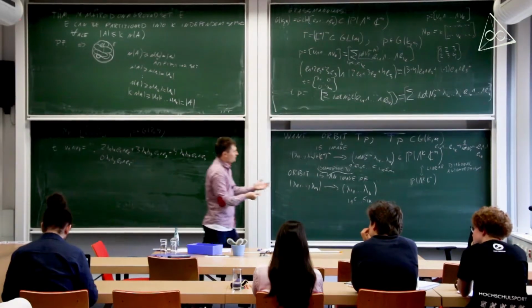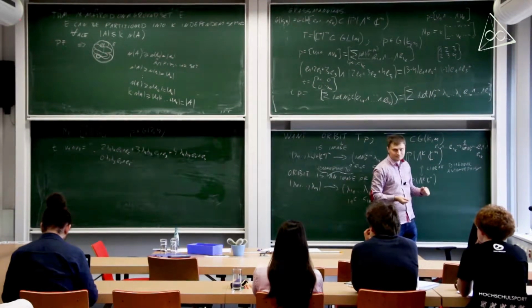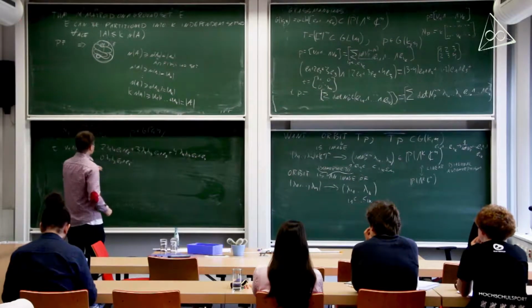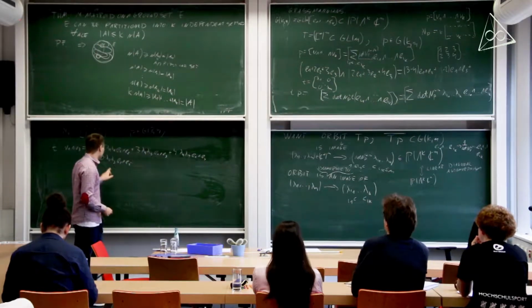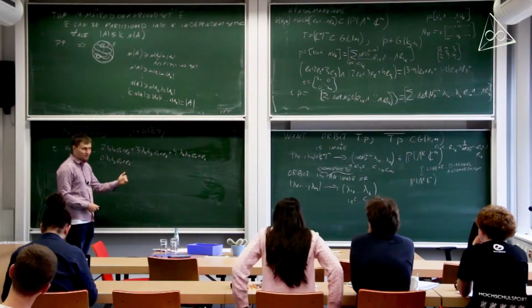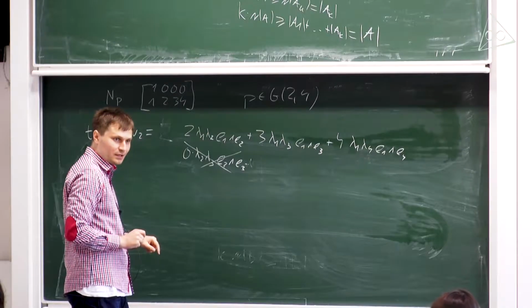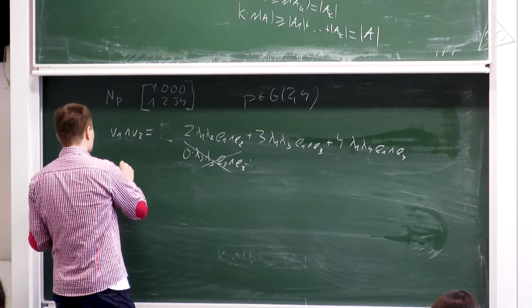And I cannot rescale by 1 over the determinant. So this statement would tell us that the orbit is the image of lambda 1 lambda 2, lambda 1 lambda 3, lambda 1 lambda 4, lambda 2 lambda 3, and so on. But this doesn't appear at all. So what is really the orbit? The orbit is the image, or it's isomorphic,